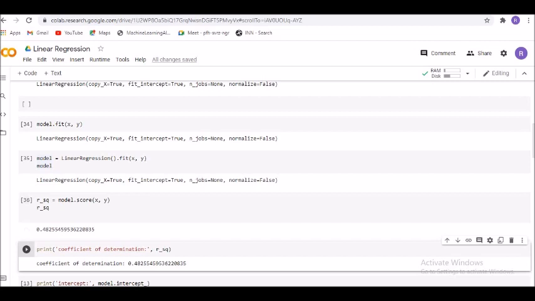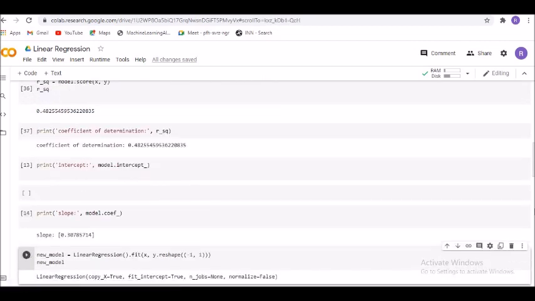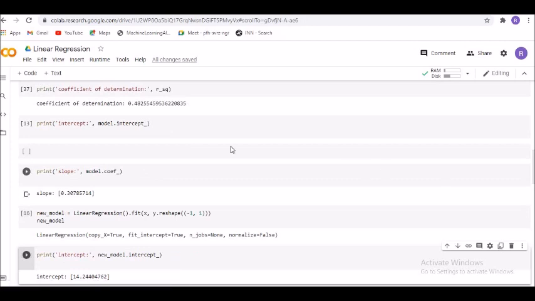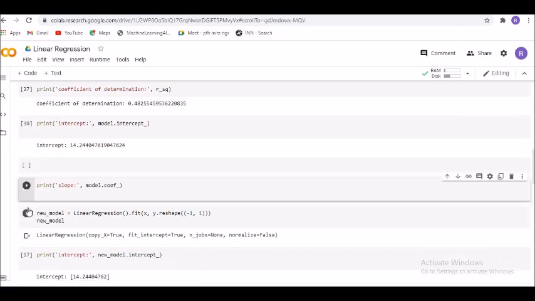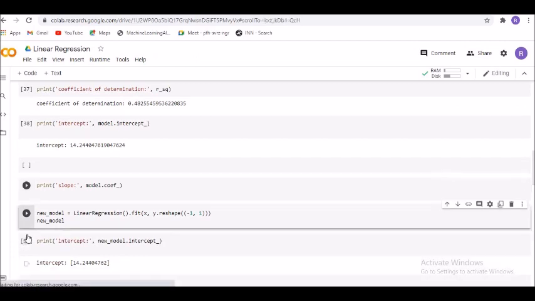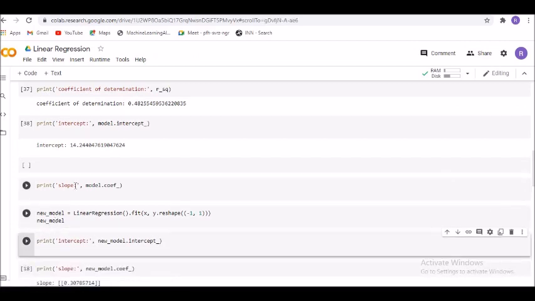And then we can go ahead after the model has been interpreted. We need to understand the coefficient of determination, which is capital R square, with dot score, and that is called upon the model. So R square equals model score for x and y. Okay, and print would be the coefficient of determination, which is my R square. Okay, and the result will turn out to be